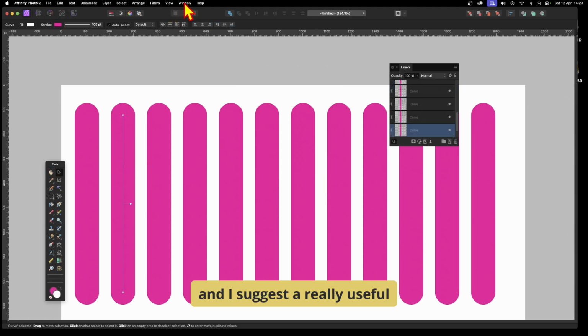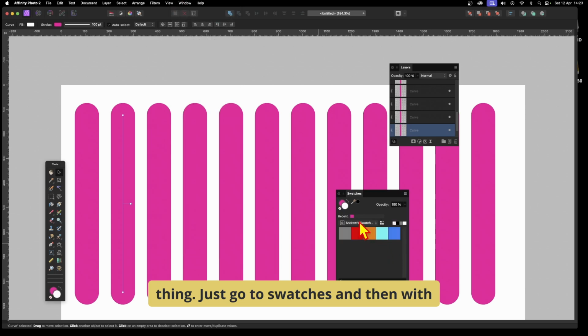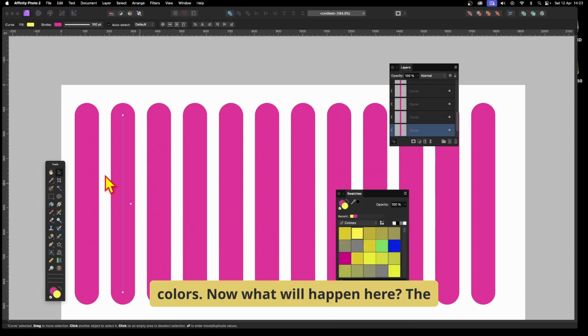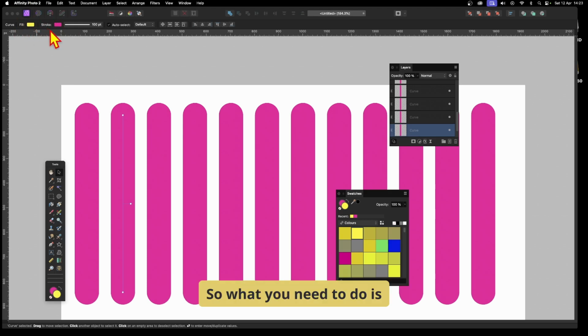Well, what you can do, you don't have to go with the same thing, you can select this one. And I would suggest a really useful thing, just go to swatches, and then with swatches, just go to colours, and then you can select different colours. Now, what will happen here? The fill changes, the stroke unfortunately doesn't. By default, it always goes with the fill. So what you need to do is, with this one, just click here, stroke,